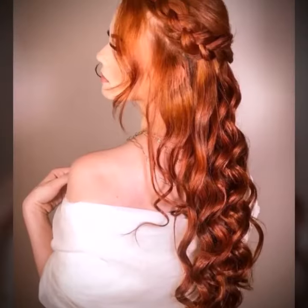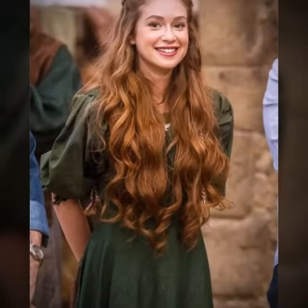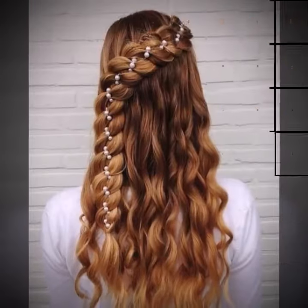Try a half up, half down hairstyle. If you are looking for a quick and easy hairstyle, a half up, half down style is a great option. Simply pull the top half of your